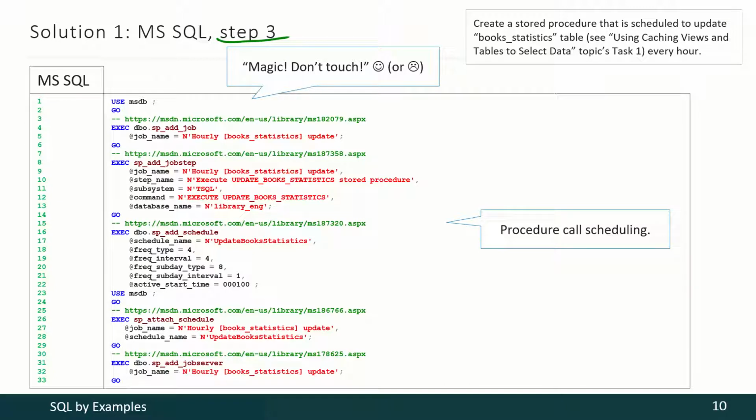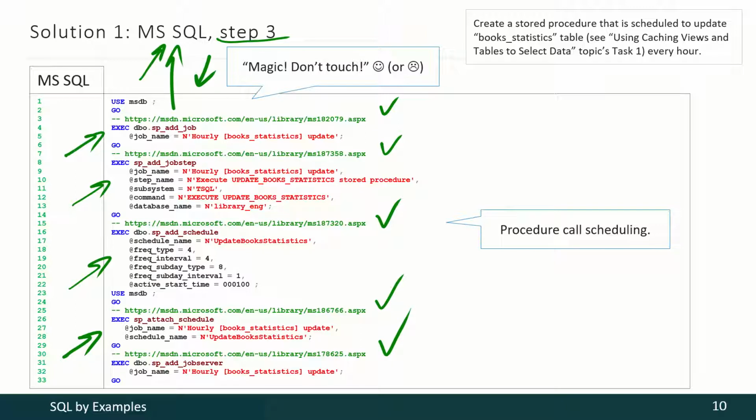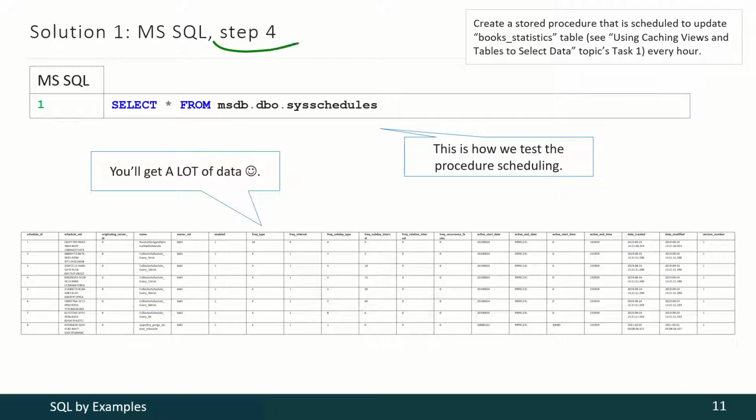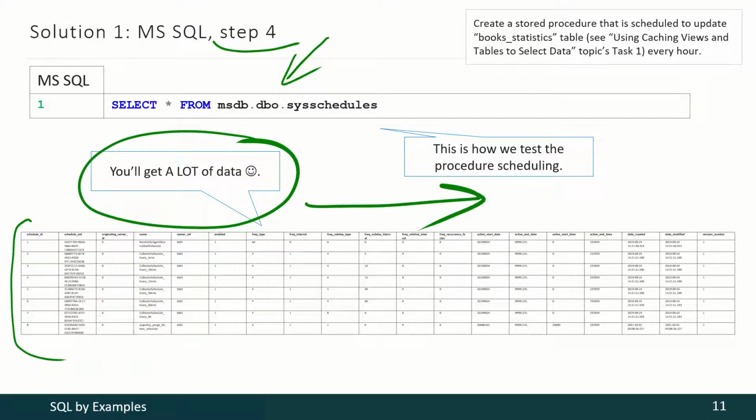On the next step, we have to schedule our procedure execution, and in Microsoft SQL Server this is not an easy task. You may see a lot of unusual actions here, but each of those actions is described in the corresponding section of the official manual for Microsoft SQL Server. There is no point in memorizing all that syntax because you may always refer to the official documentation of each and every DBMS. And like with MySQL, on the final step we have to check if our procedure was scheduled for real. For now, the main idea is to get such data, and that data will be explained in details in a couple of minutes.